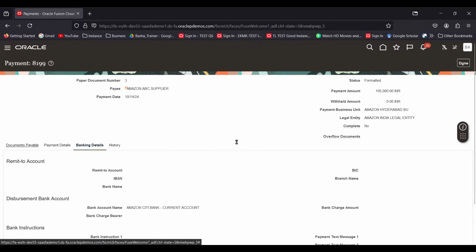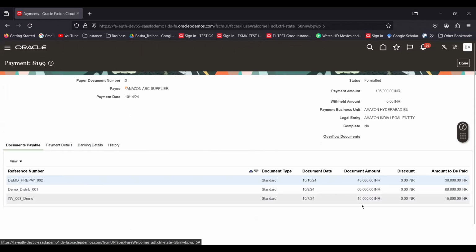When we say documents payable, which all those invoices will be part of this payment will be referred over here. We cannot cancel or remove one of the invoices. The only alternate for this one is to terminate the process and start from the beginning. Here it will be shown to the business which invoices will be processed. If they are okay with it,